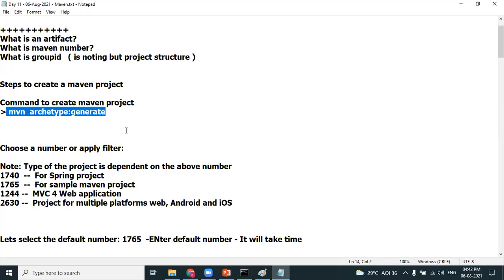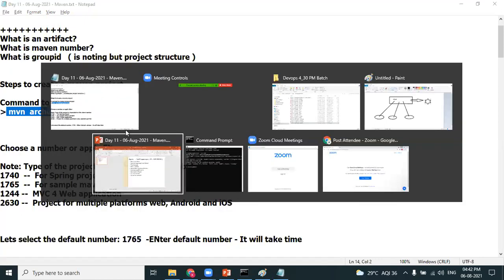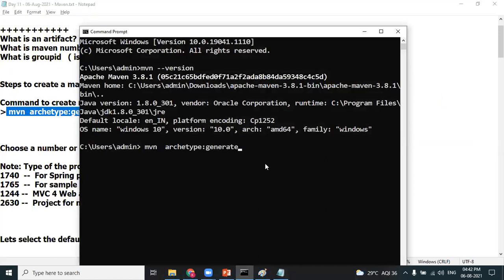I want to trigger the process of generating an artifact, so I do that using this command. When you run it, you get a series of numbers, called Maven numbers.